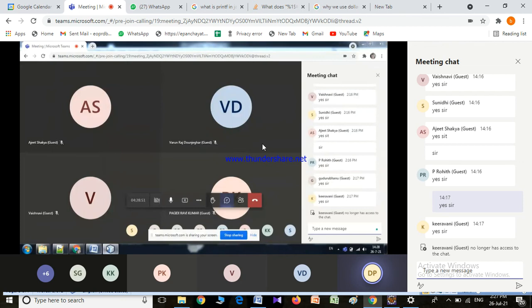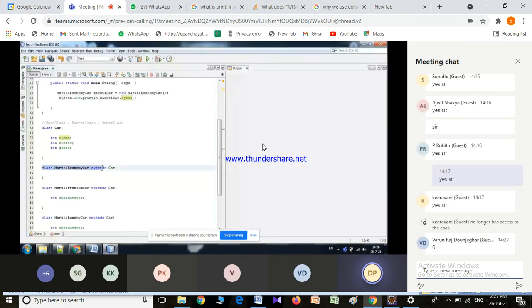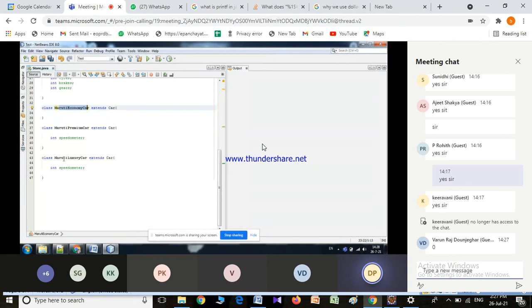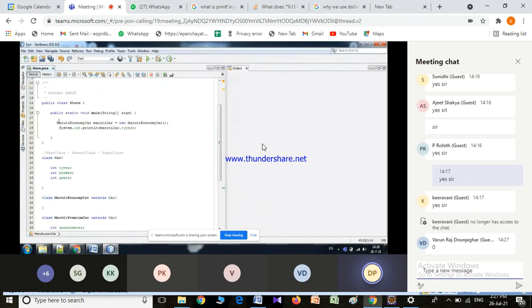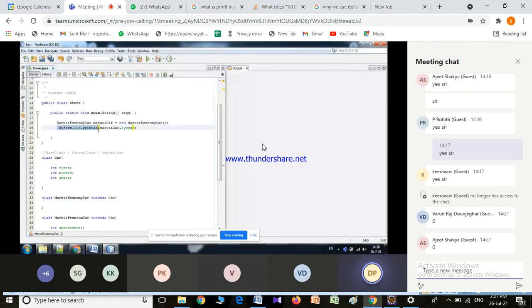So what I am doing is extending the parent class car and creating my own versions of cars: Maruti economy car, premium car and luxury car. Now when I create an object for Maruti car, you see in the Maruti class there is not even one single parameter defined. Now when I write Maruti dot tires, it is not throwing an error.